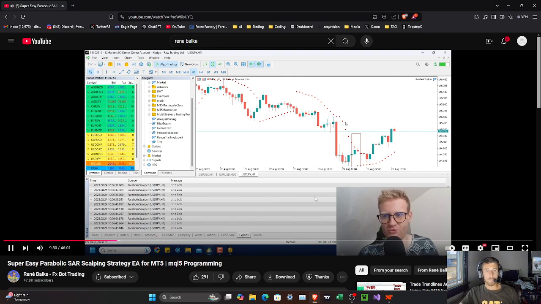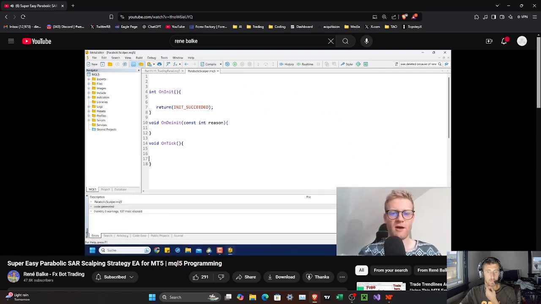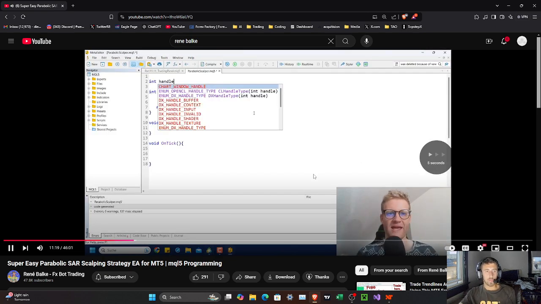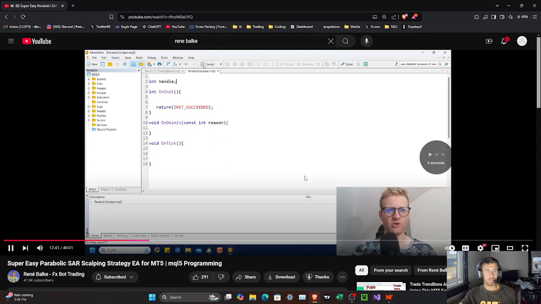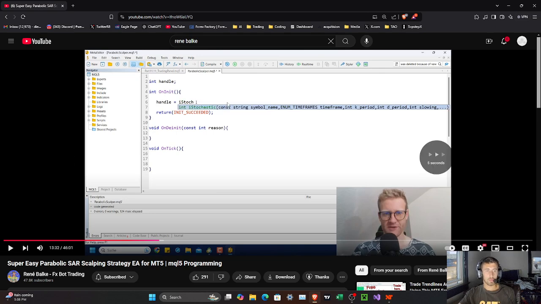With every single price movement in the chart, the OnTick function is executed. This means that the main part of our code will be put in the OnTick function. So right now he's explaining what handles are, which I actually don't fully understand, but it's something to do with saving indicator data: you need to use a handle. Ninjascript does this for us, and makes it very easy. But once he gets to the actual indicator,